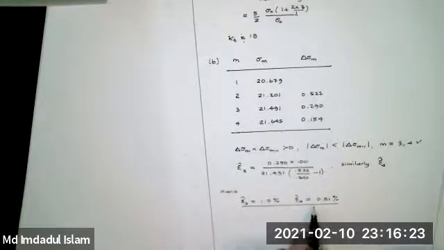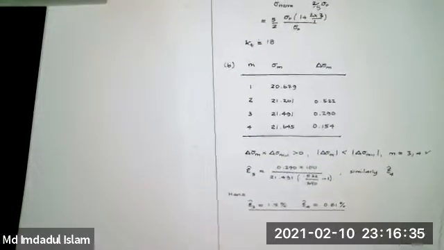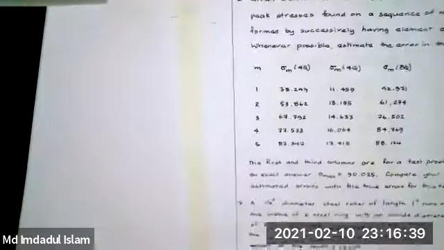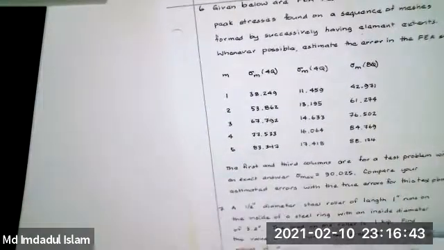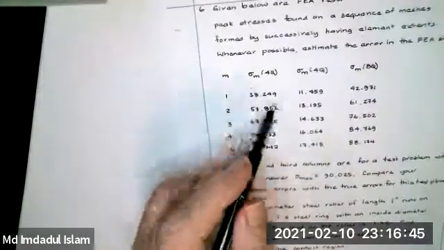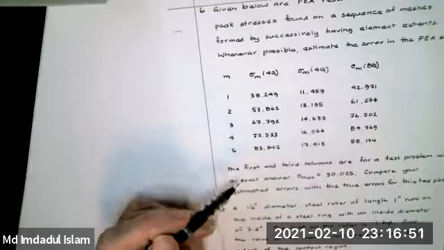This is almost halving, and these were, I believe, 4-node quads. It didn't say, but these were probably 4-node quads. Now, some comments I wanted to make on these here. These tell you what elements have been used. These are 4-node, and this is 8-node. And then they ask you to